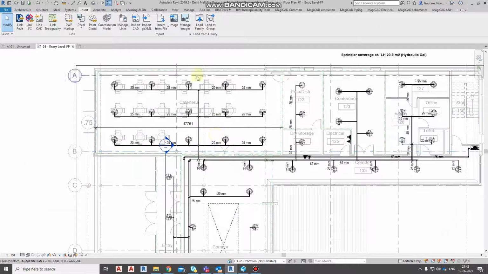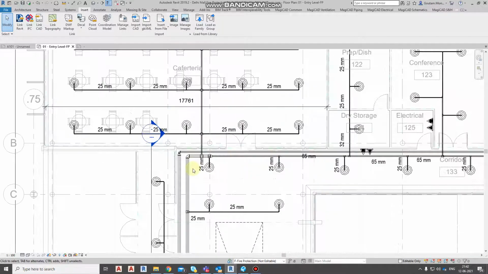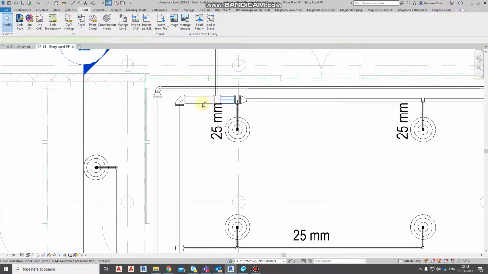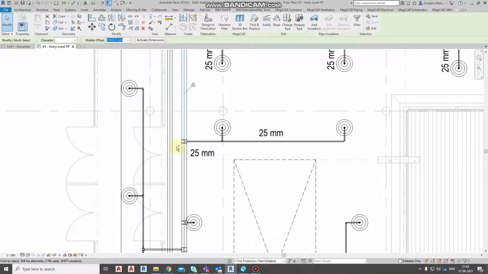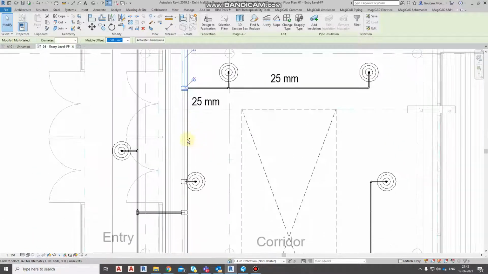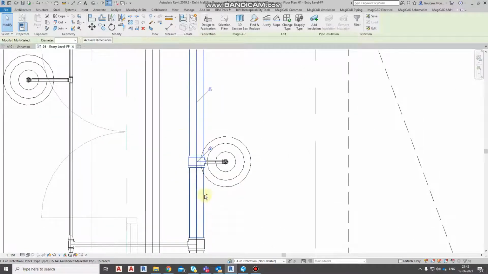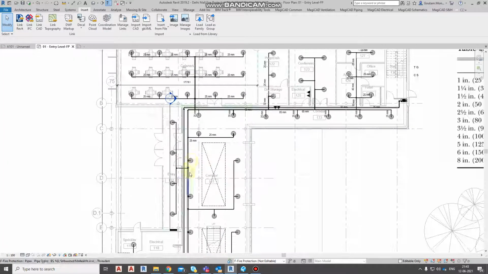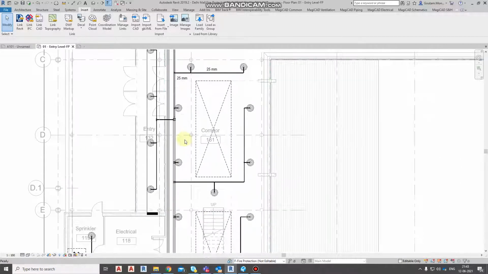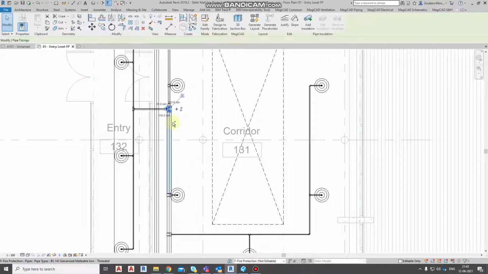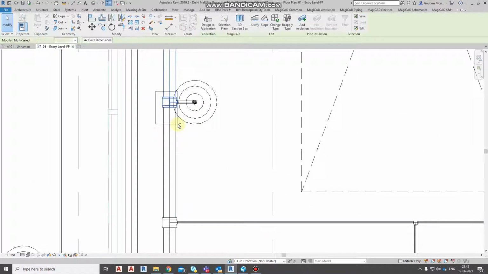So now we have increased the sprinklers to 20 here, and we see 15 and 20, which is 35 sprinklers. So now we will provide pipe size 80 mm. Up to this point as per the pipe table we have to keep pipe size 80 mm. Now here 35, 36, 37, 38. If we count here, the total is 42 sprinklers. So here we need to increase to 100 mm pipe size.